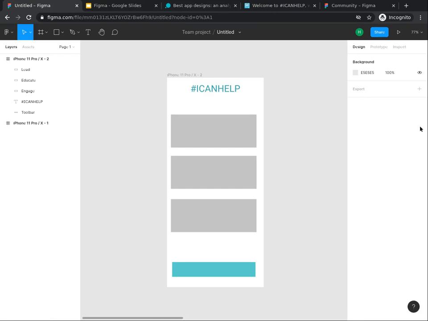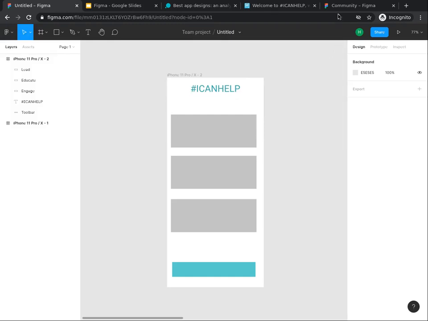Welcome back. In the last task, you started to design the app homepage in Figma by adding wireframes. In this task, you will add components to your wireframe. Components are also known as icons. Icons are what users see when they are navigating on an app. Figma has a large selection of these for you to choose from.